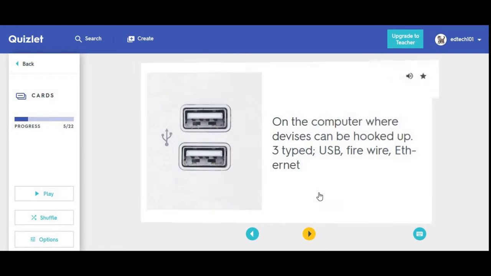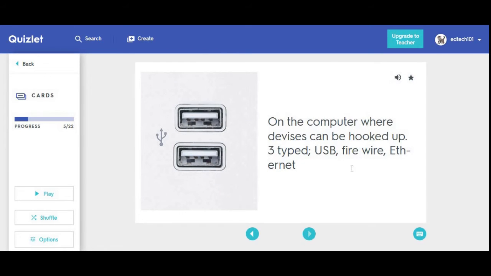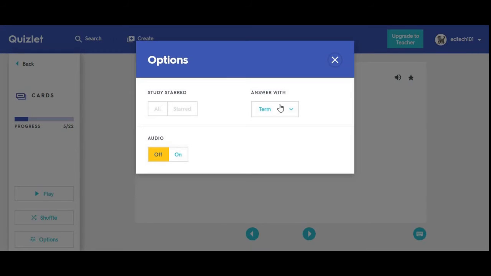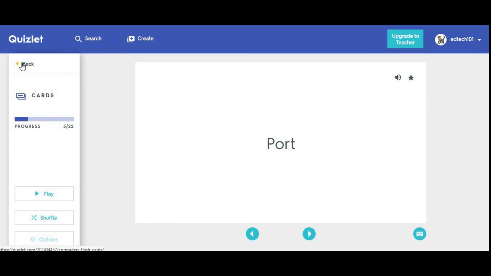I can go to the next term, and it's going to work the same way, and I can flip it. On the computer where devices can be hooked up. 3 typed. USB, Firewire, Ethernet. And it'll flip to the answer. I could also shuffle these cards if I don't want to do them in order, or I can go to options and I could switch it from term to definition showing first, or I can have both show at the same time. So I'm going to X here, I'm going to click the back button,